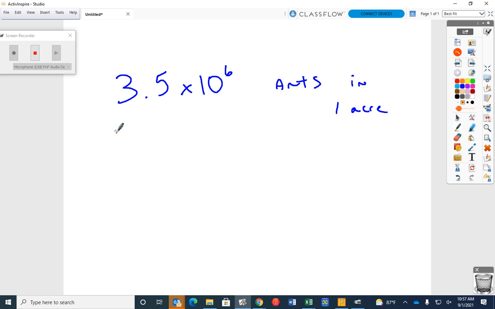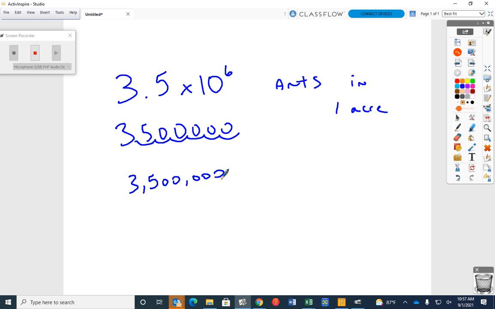How would I do that? Anybody remember? You write the 3.5. Write my number, and then how many places am I moving my decimal? 1, 2, 3, 4, 5, 6. Fill in these with zeros. What is that? That's 3,500,000. Okay, so in an acre,